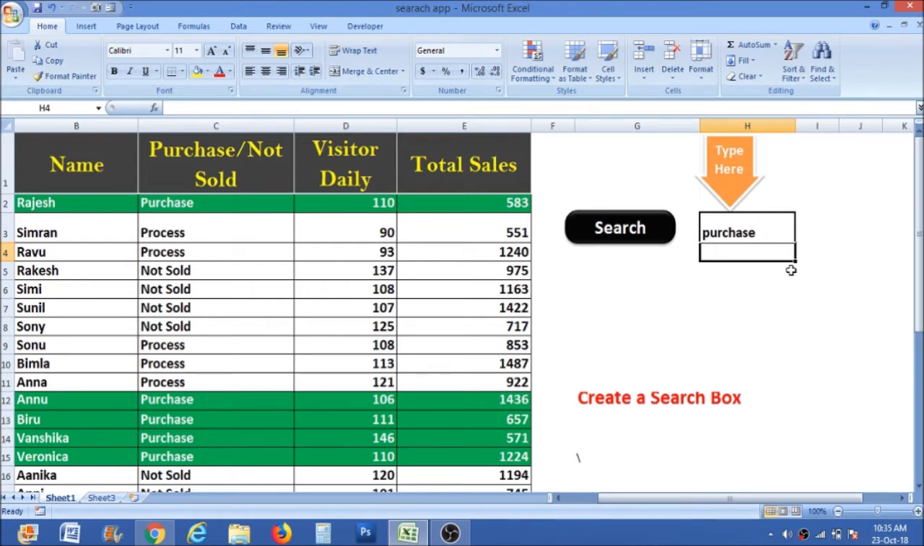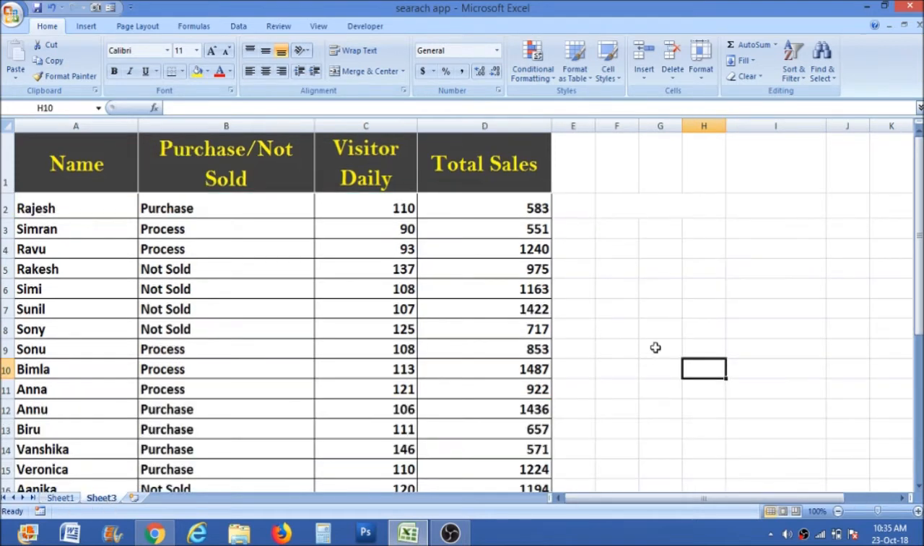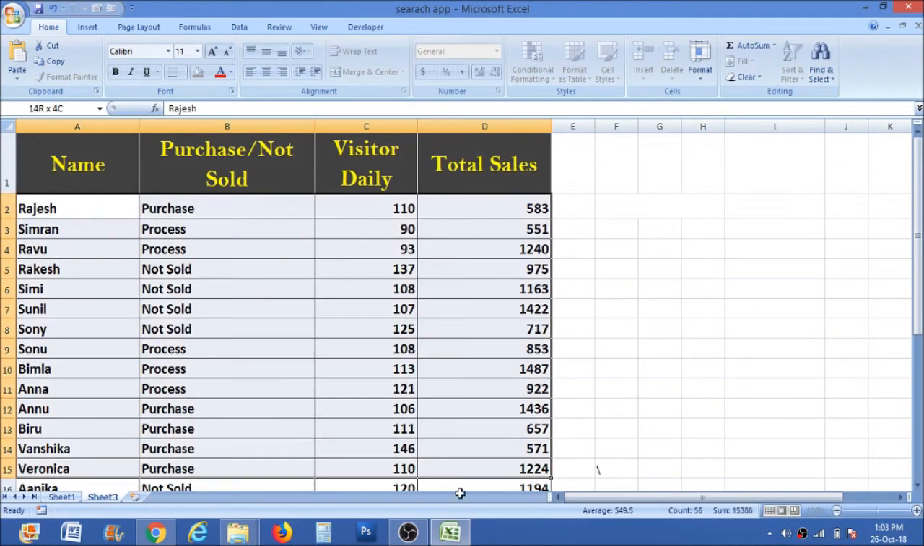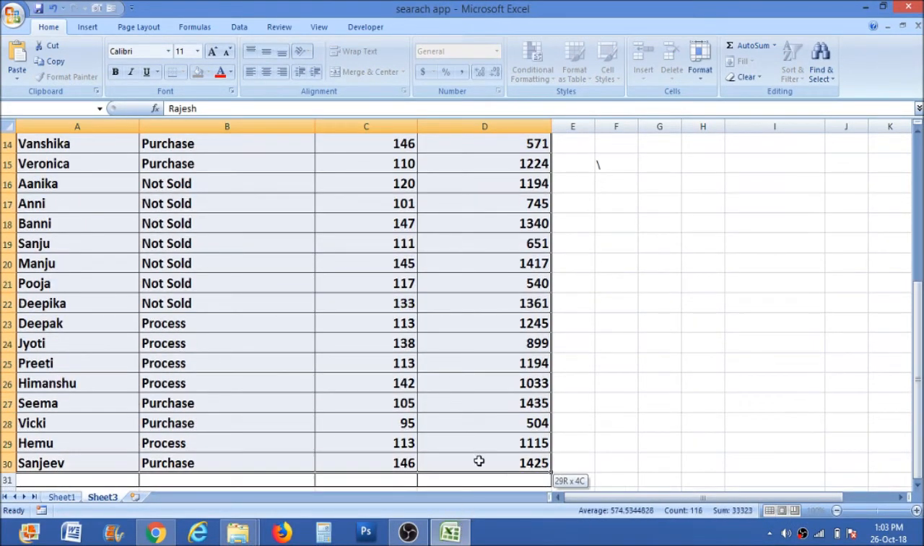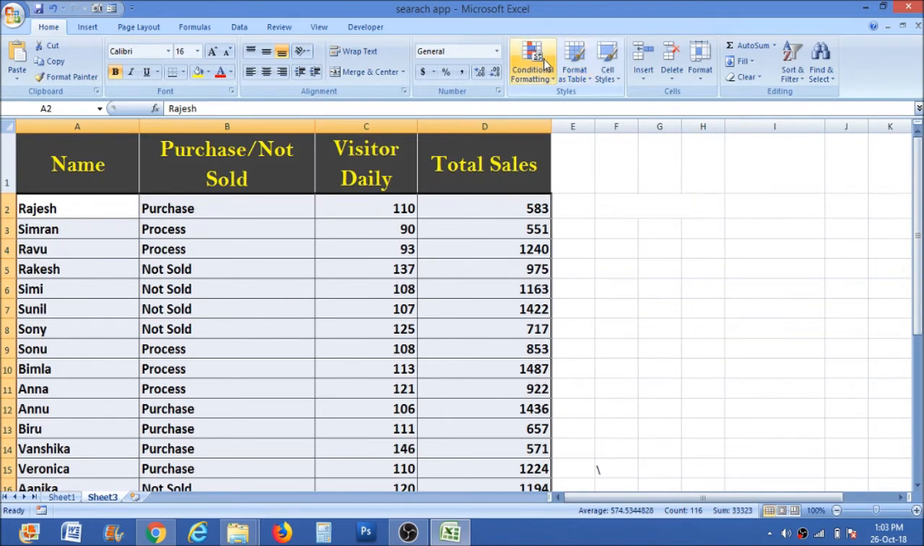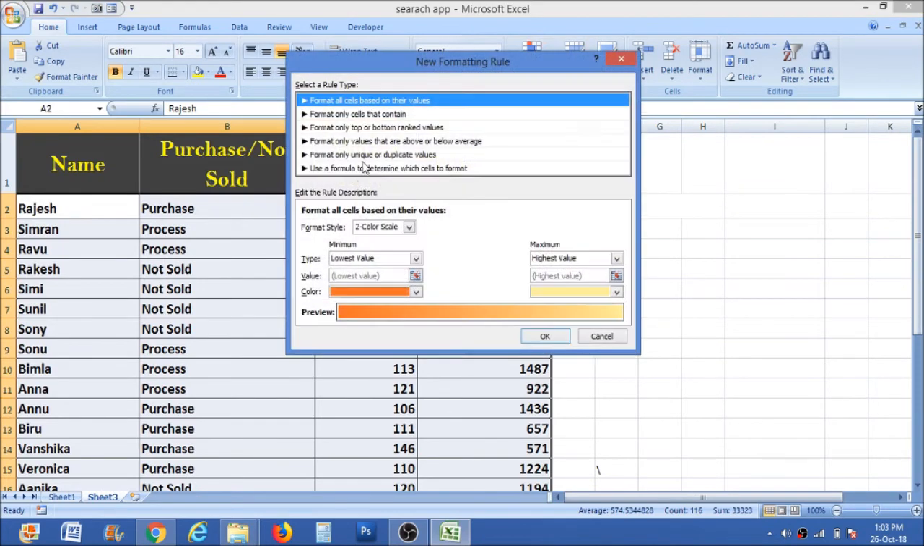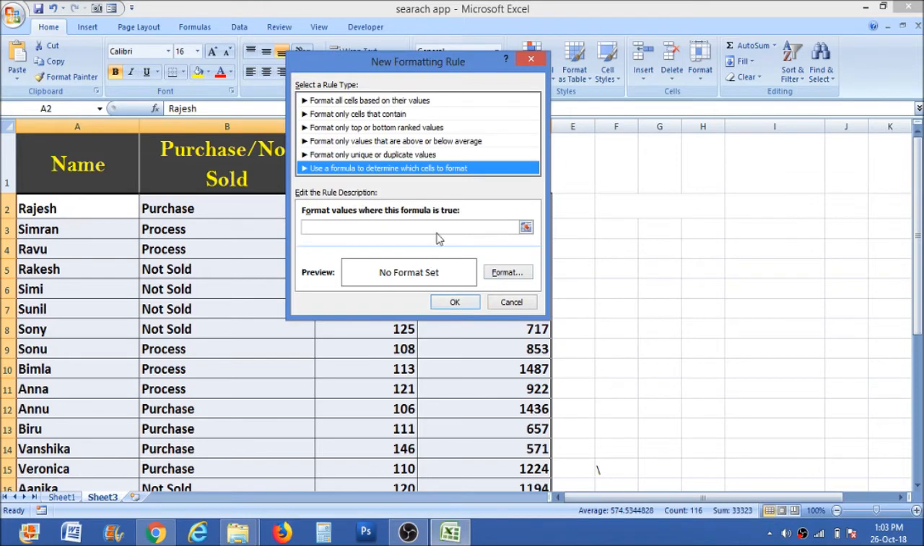Okay, for that purpose we will move to another sheet where we will create our search box. Okay, so friends, first we will select our data and just click on Conditional Formatting and click on New Rule. After that, click on Use a formula to determine which cells to format,